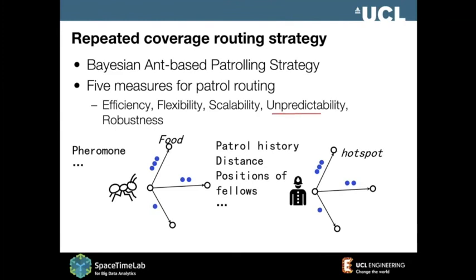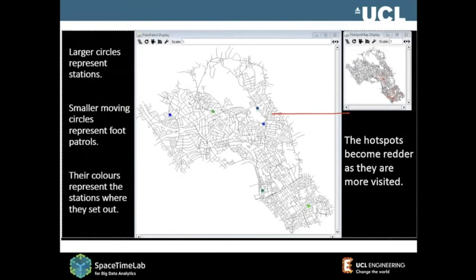And also when an incident happens, the police force can easily move to deal with those emergencies, and the rest of the work can be covered by the rest of the team. So there are lots of criteria to balance this whole patrolling routine. So he generated a patrolling system. Basically, we want to have a balanced approach.